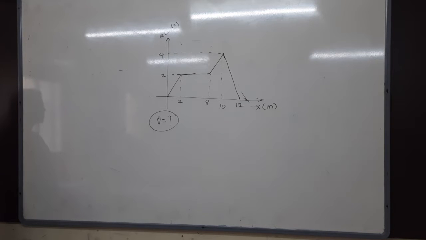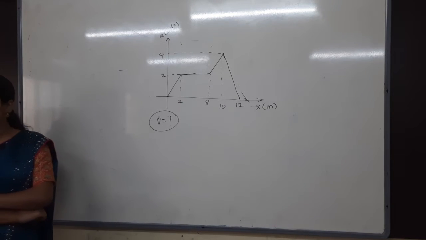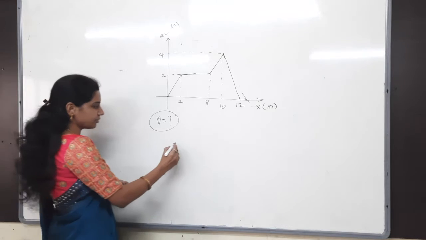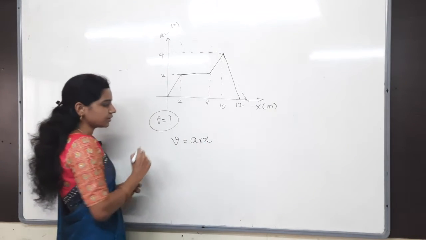No, I am asking that you have to find out the area. Otherwise slope, otherwise with the area you have to do something else. Area only you have to do. Whenever you find the area of the AX graph, how can you get velocity? Area of the AX graph is A into X. You have to get this as velocity.